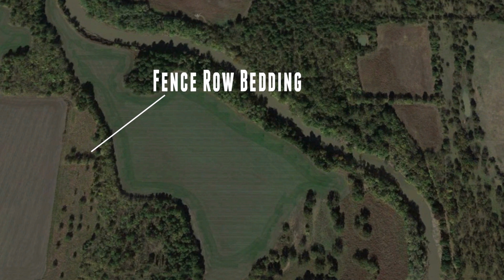fence rows or rows of trees, and there's one on the left side there that kind of just juts out into that field. And again, it's just as simple as going to these places and looking and marking them off if there's nothing there. So that's why we mark all these places down. When we scout, it'd be as simple as going through there, hitting that transition. We'd walk that transition that you see that we talked about earlier, and then we go up, look in that fence row, and keep moving on. So it's as simple as just going to these spots, marking them off, or saying, yes, we need to come